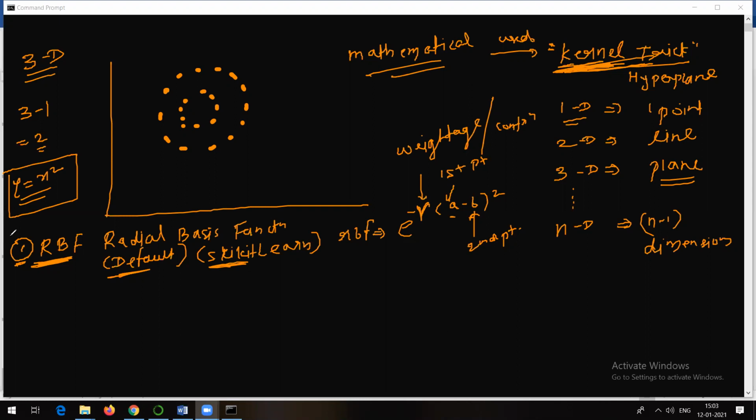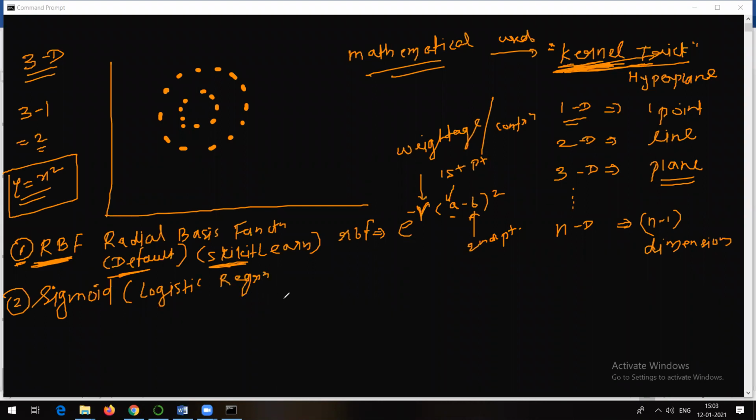But it is not the case that only the radial basis function is used by support vector machine. There are other mathematical equations also. For example, there is something called sigmoid, right? Those people who might be working on deep learning projects, maybe using PyTorch or TensorFlow, might have used these kinds of functions, right? That's why one needs to know all these things. Actually, they are very, very important. So sigmoid is a function, and generally we use the sigmoid function in logistic regression, right?